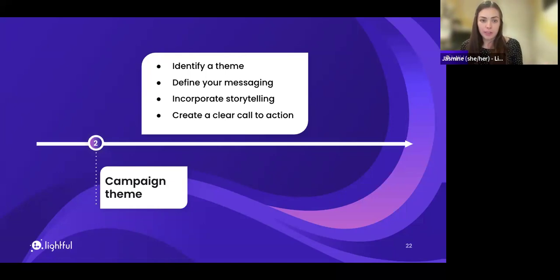So a great call to action would be asking your supporters to share your campaign messaging to help spread the word, whether that's through social media or a different channel. For example, if you were creating a campaign for something like Mental Health Day, your emotive theme might be showcasing a story of one of your service users who has been impacted by poor mental health, the impact on their lives, but then also how your organisation is working to overcome those challenges through a particular project or